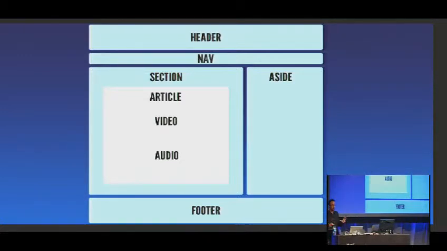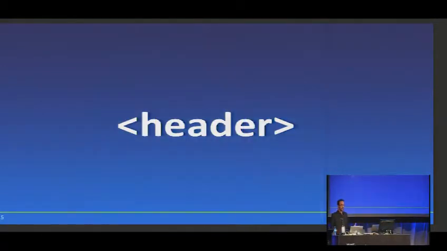So what I'm going to do is just jump in and show you some of these everyday elements that you can go home and use right now. The first one is the header element. Now, this guy, Ian Hickson, when he was working at Google, he had access to bajillions of websites, being Google. And he went through and he noted all the common usage of class attributes through millions of websites. And he came up with a bunch of them that get reused often and often, one of which is header. I'm sure all of you have used an ID of header or class of header. Those days are over because you've got your own tag.